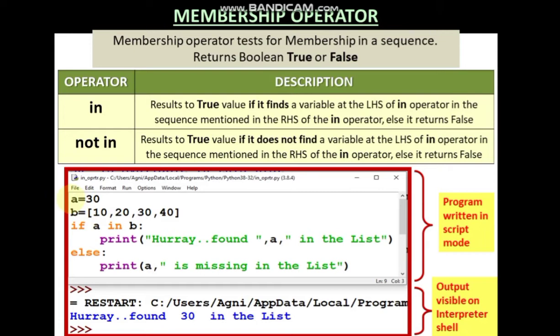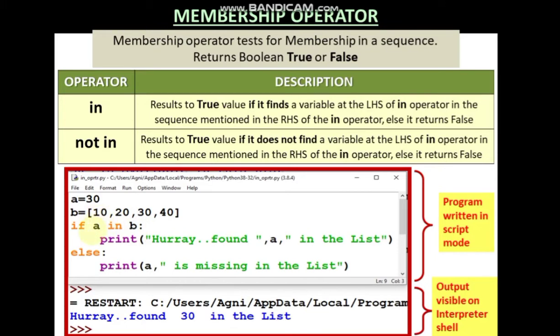So in the example, we have taken A equal to 30, and B is a list where 10, 20, 30 and 40 are the elements. So if A in B, we are checking here whether A is in B or not, that is, whether A is a member of the B object or not.